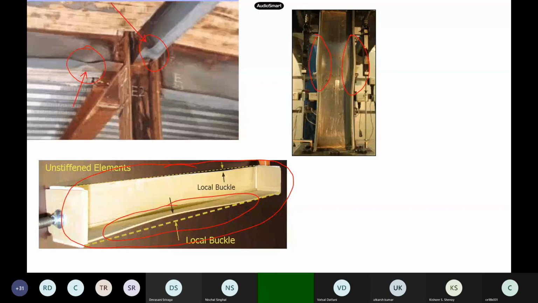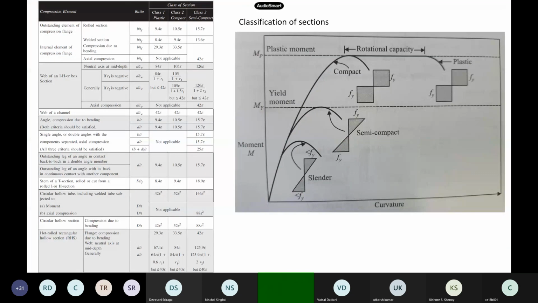This is the most important thing which has been used in our code, that is, IS 800 has introduced it. Previously, it was not there in the older code. Some guideline was set, but now a specific table has been given. If you have an I section, for a welded section, welding means you have done welding at the site. Rolled section means it comes directly from the factory.